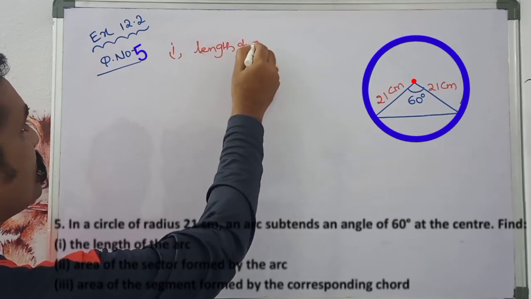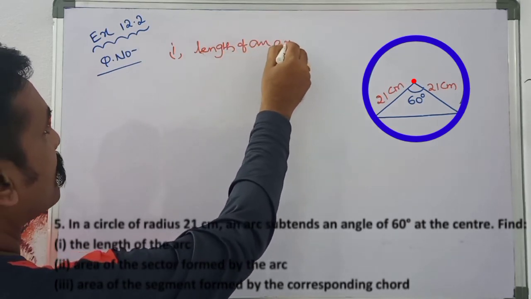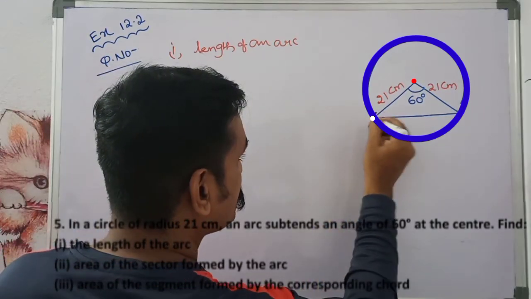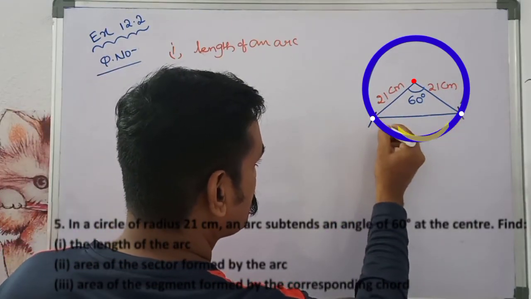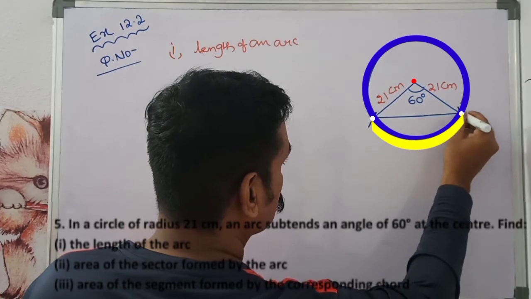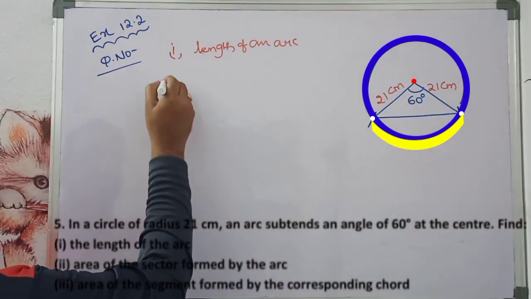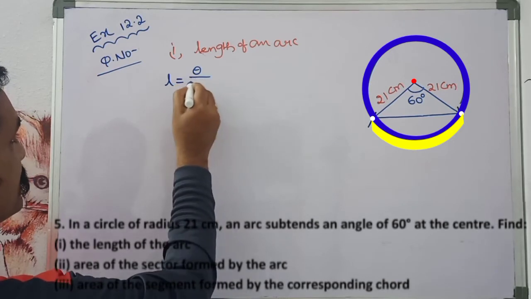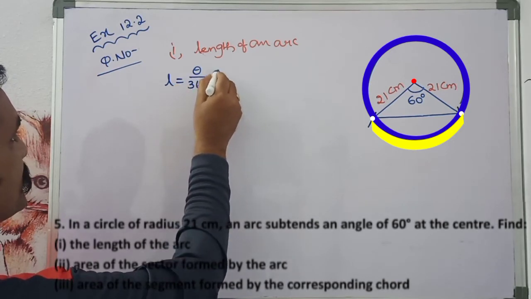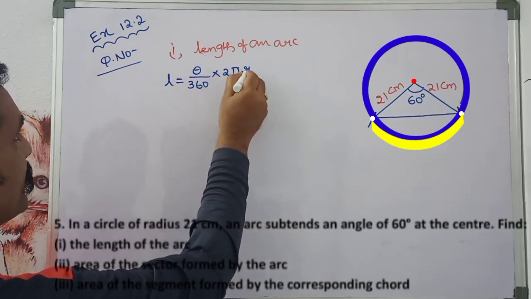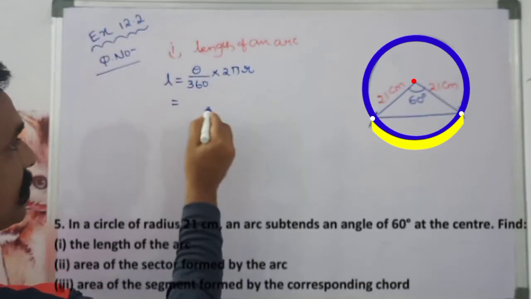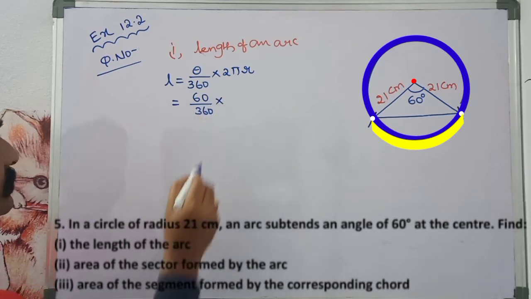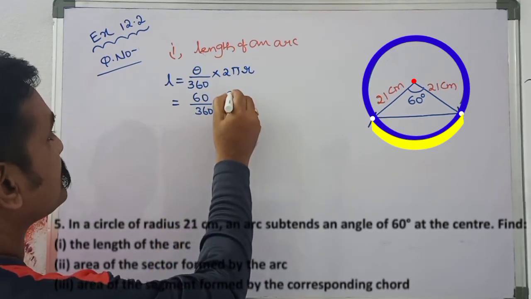Length of an arc. So what is an arc in this? This curved part is called the length of the arc. L equals a part of the circumference of a circle, so theta by 360 into 2 pi r. If you substitute all the values here, 60 by 360 into pi, which can be taken as 22 by 7,